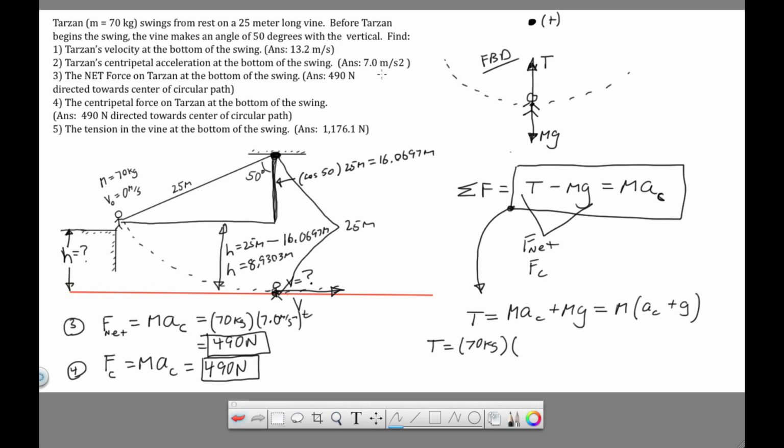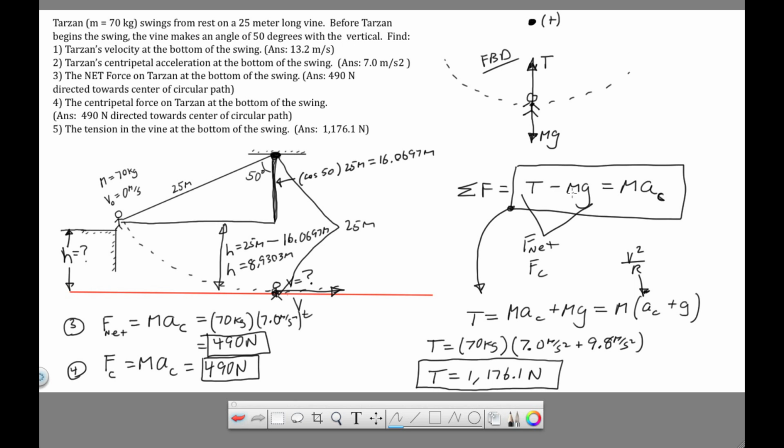I mean, you could just go v squared over r, because that's the equation for centripetal acceleration. But we already did that in question 2, and we found the centripetal acceleration at the lowest point to be 7 meters per second squared, and gravity is 9.8. Don't make gravity negative. Up here, we already called gravity negative, so don't make it negative down here. And then we punch this into our calculator, and we get